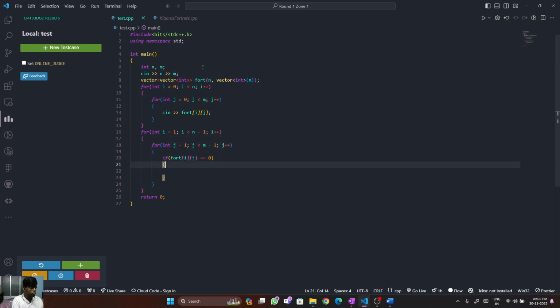Because we don't want to toggle our first and last position, we don't want to toggle the start and end of the matrix. That's why we'll start from 1 till n minus 1 and m minus 1. Okay. So now if it is 0, then we will put port of ij should be